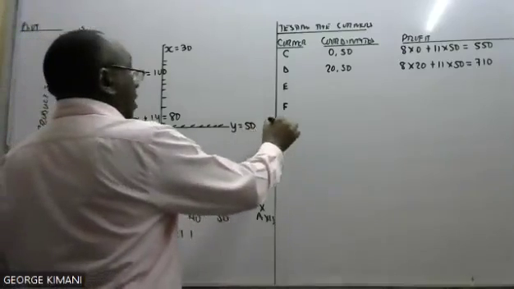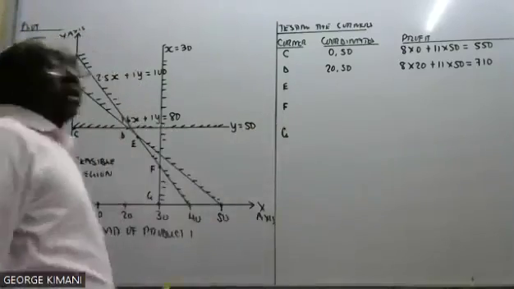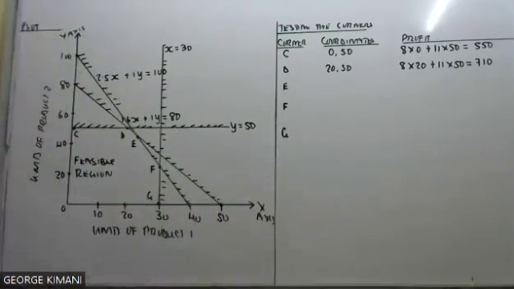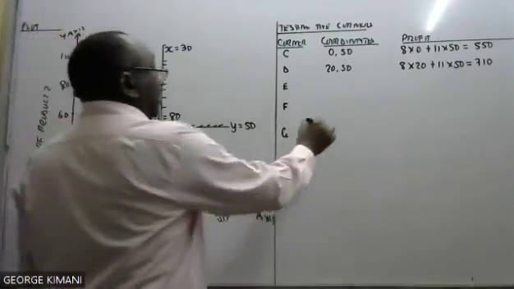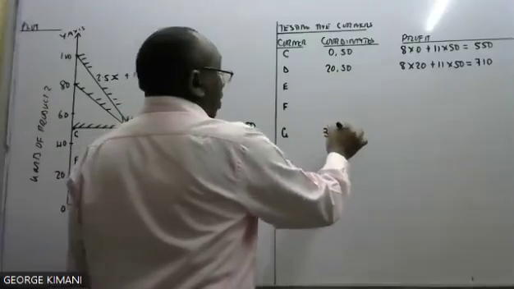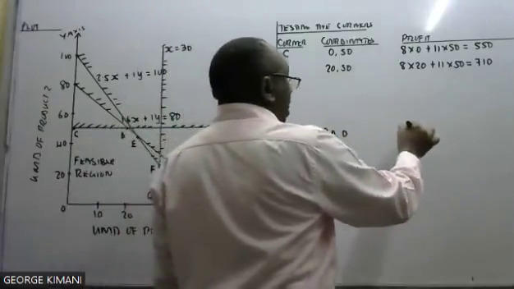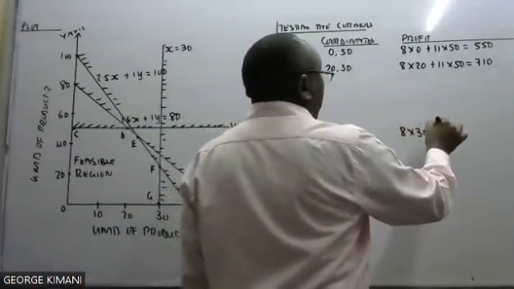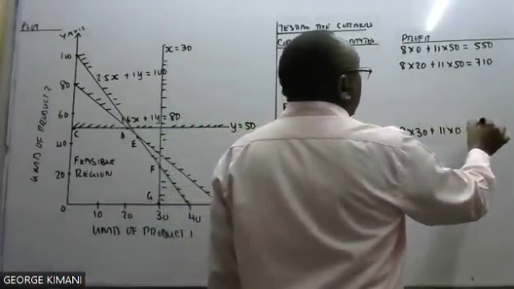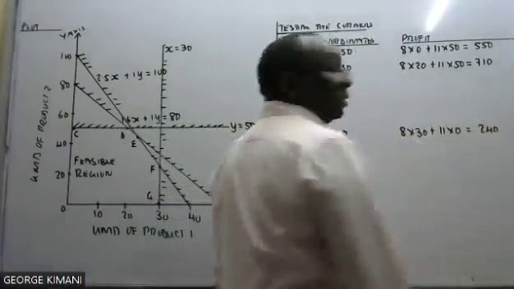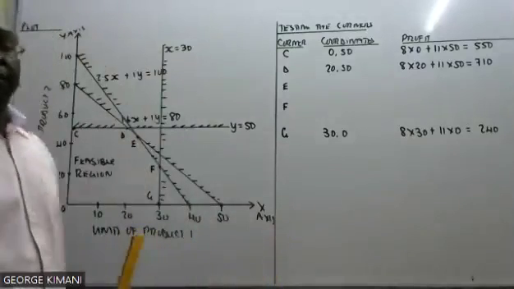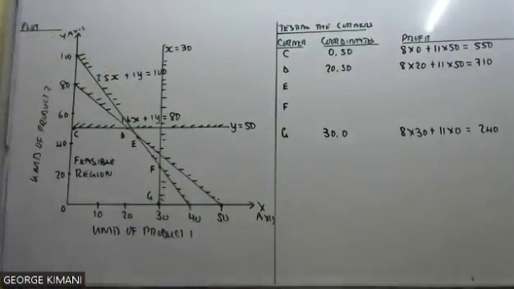Iache. Tuende kwa G. G zinasomeka, it is 30 and 0. So this will be 8 times 30 plus 11 times 0. That is how much? 240. So in case you are not able to read the coordinates vizuri, what you do, you solve the equations